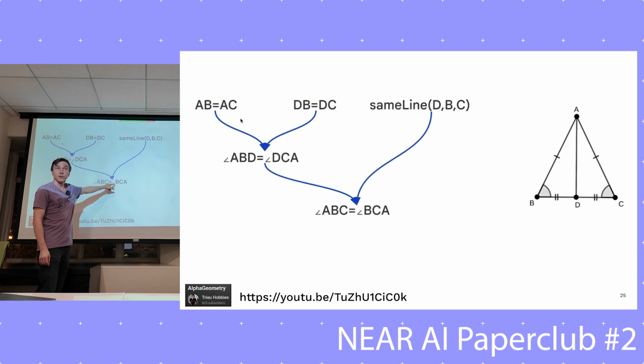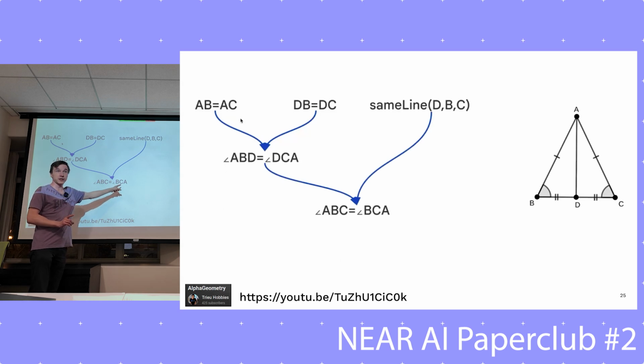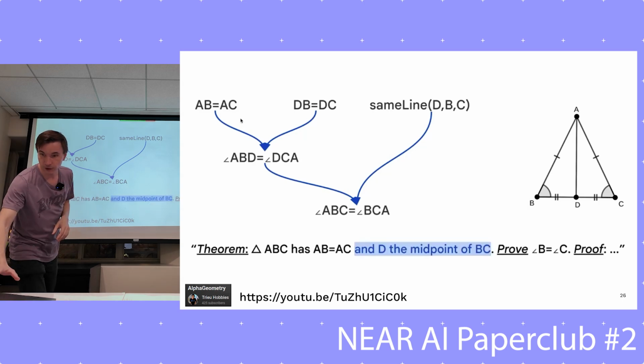And now you have a problem. The problem says, given all of that, prove that this is true. But here you will notice that the fact that angle ABC is equal to angle BCA does not at all mention D, right? And therefore, everything that has D in it can be safely removed from the set of prerequisites, right? So in this case, the problem will say, given,